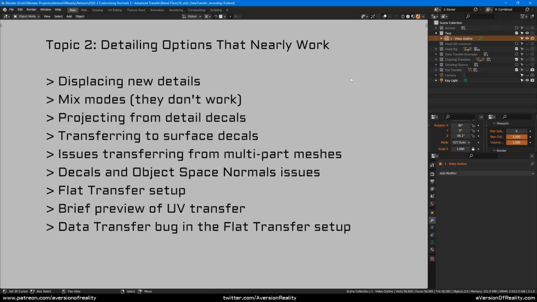For the second topic, we'll be getting into our options to add more details to our normals. And I'll warn you up front that they're pretty limited. There's a lot of things that nearly work, but not quite, or have some major downside. So mostly we'll be going through them to understand what's going on and prepare us for addressing those same issues in geometry nodes. The problems don't change, it's just that we'll have the tools to fix them, but we have to actually go through with doing that.